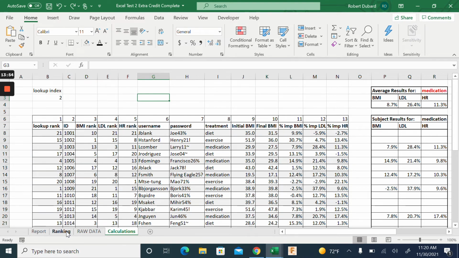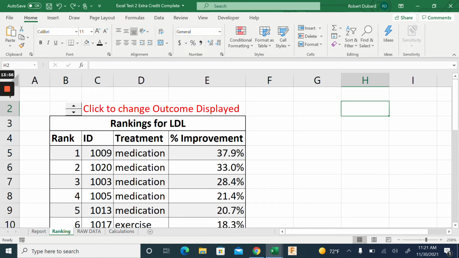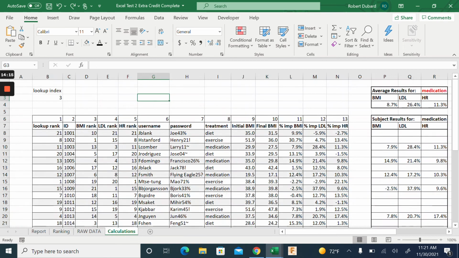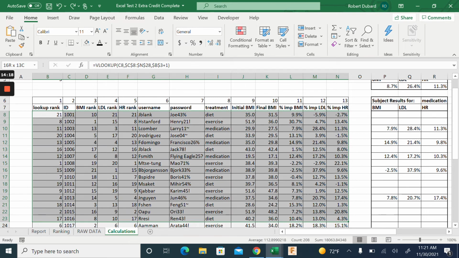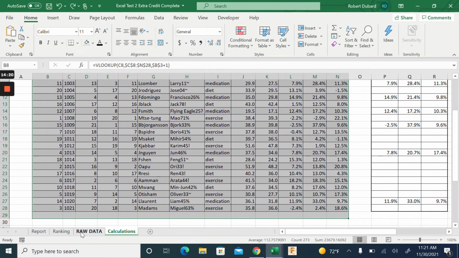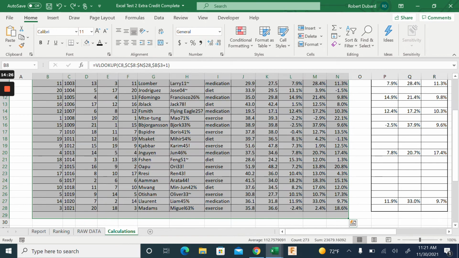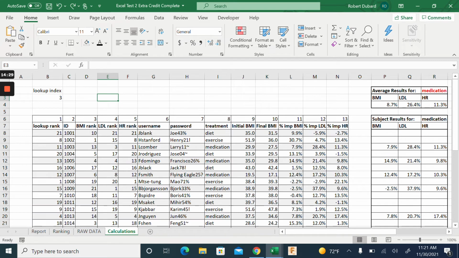Now, the reason that's useful is this guy. When I click this clicker here, it changes this to showing the rankings for heart rate. So the number 1 ranked person, and these just have the numbers 1, 2, 3 in here. I didn't look at it. Those are not lookups. This is a VLOOKUP looking for that number in this table, giving me the second column. As you look at that, ID is in the second column. So it's looking for that number in this column. This column